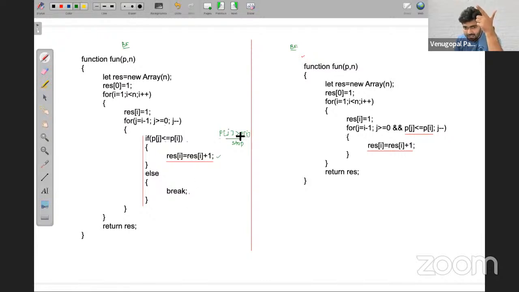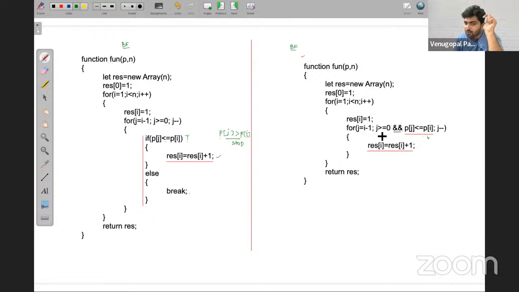Now, rather than keeping this condition inside if else, what if I directly keep it here? If this condition is true, then only come and increment it. I wrote the same thing here. If this condition is false, it won't come inside. So I have removed the if else and kept it directly as a condition by adding a logical AND operator.